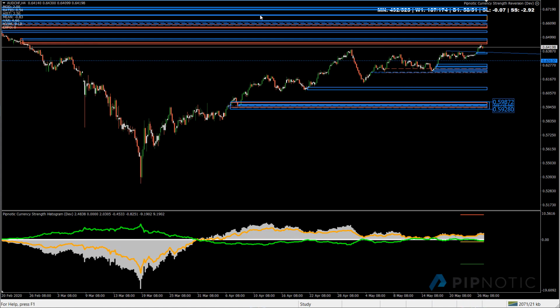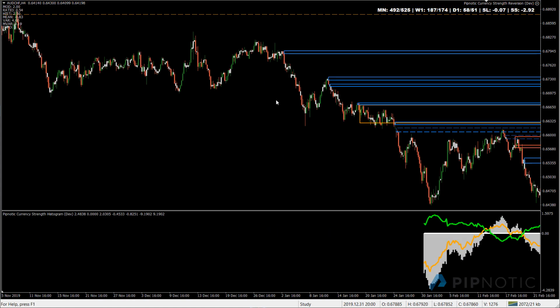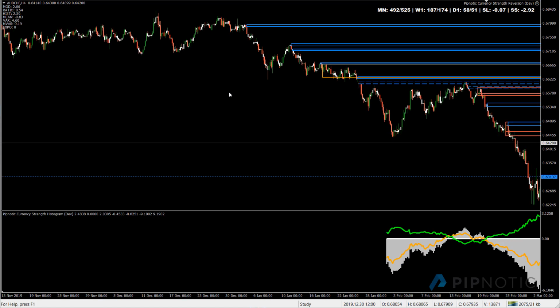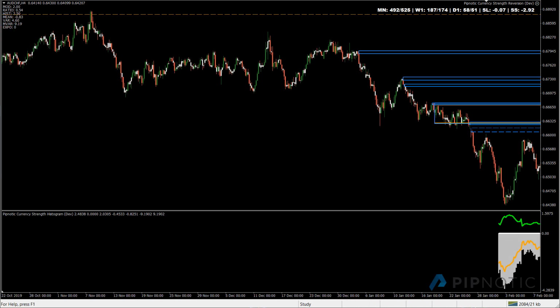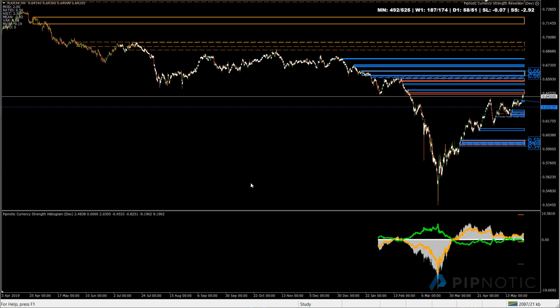Alternatively, on the other side of the market, we have this weekly area, which I really like as well. And this is because price has not been back here yet. And this is interesting again because if we zoom out all the way,